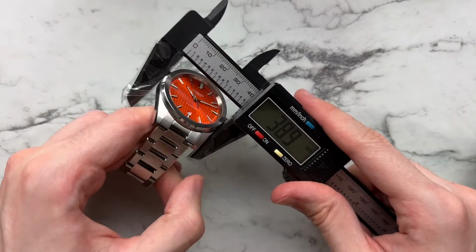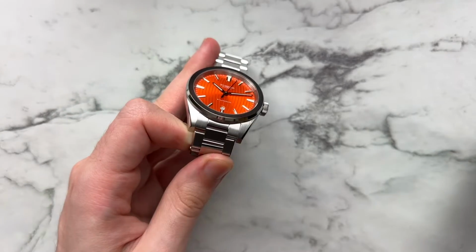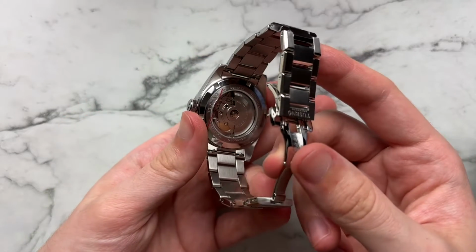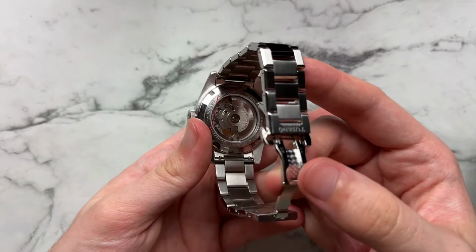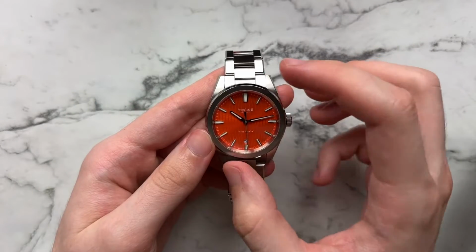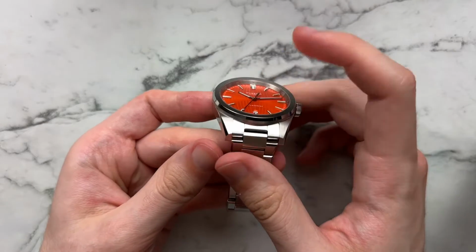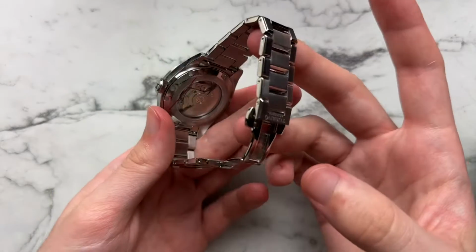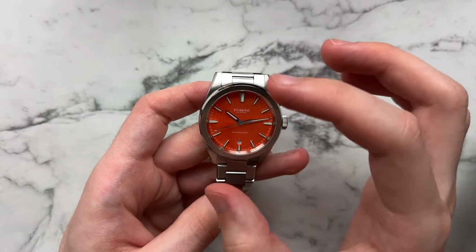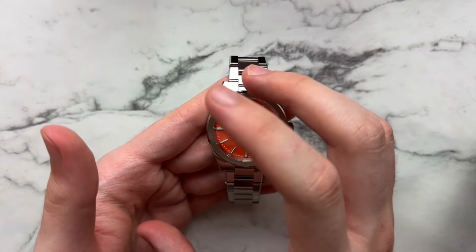We have a diameter of 38.9, lug to lug of 46.9, height of only 10.6, and a lug width of 20 millimeters. Some other specifications, we're going to have the Sellita SW200-1 movement beating away in there. Pretty much completely unfinished, nothing special going on there, but still a decent movement. We have 100 meters of stated water resistance with a screw down crown, which is nice to see. We have a flat sapphire crystal on top with an inner AR coating, sapphire crystal on the back as well. There's BGW9 used for all the lume on the hands and the indices, full stainless steel case, and lastly the watch retails directly from Tuseno for